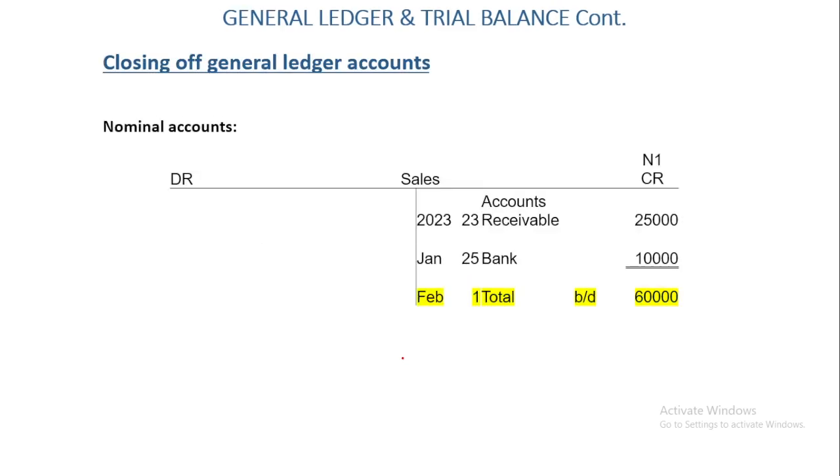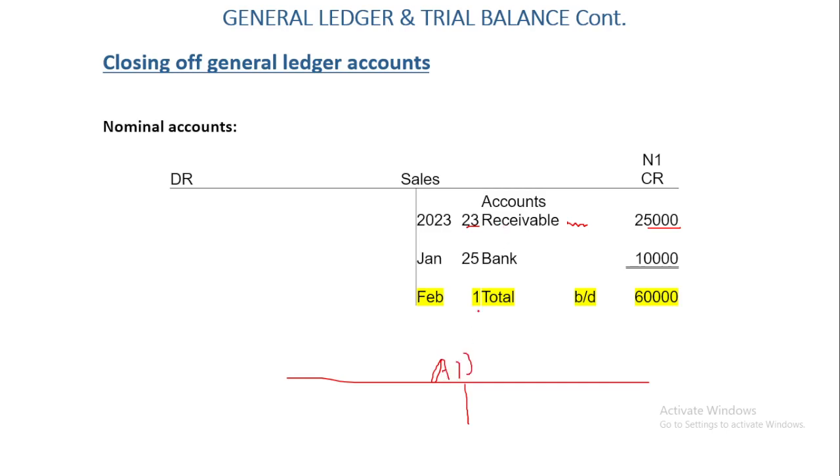And then for nominal accounts, like I mentioned, we only record information on the side they increase by, and therefore only write the total at the end. So we have January 2023. On the 23rd, we made sales on credit, we sold something to a customer on credit. So we write accounts receivable plus the customer's name to show that this customer bought on credit for 25,000, meaning that on the other side, on this accounts receivable,